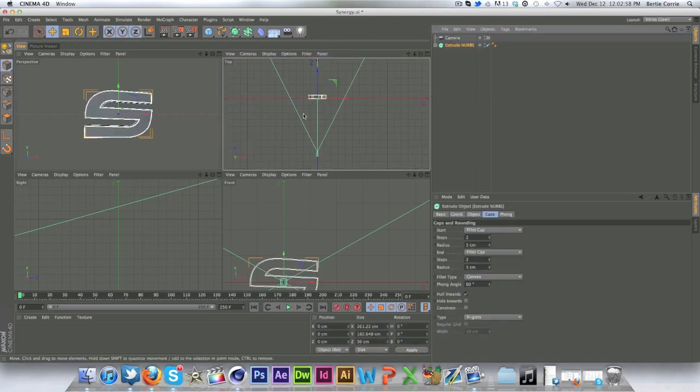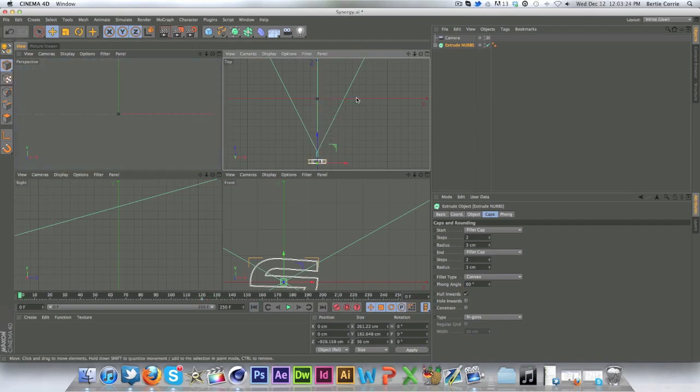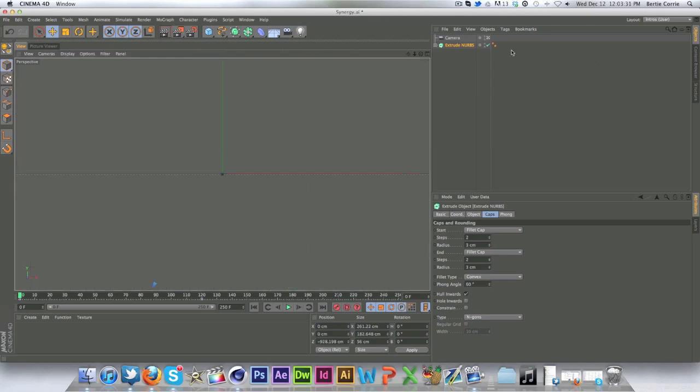So at, say, we have 4 seconds for it to come in. 1 second is about 30 frames. Sorry, so 90 is 3 seconds, 120 is 4 seconds. So at 4 seconds we want the intro to be here. So with the extrude knobs selected, we just click a keyframe there. And at 0 we want it to come in, so we'll have it behind the camera like that, and hit a keyframe. Now we're going to go out of the camera view